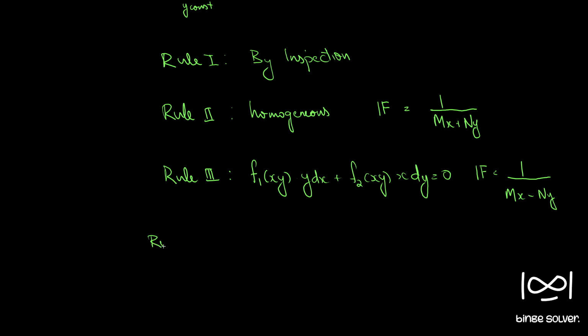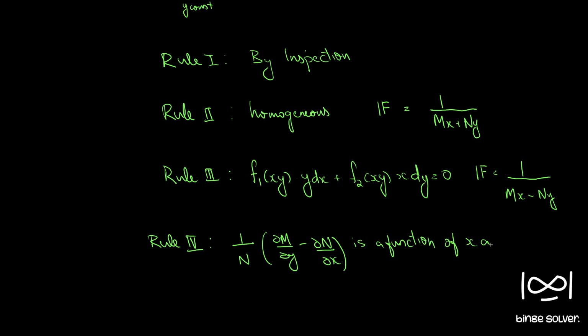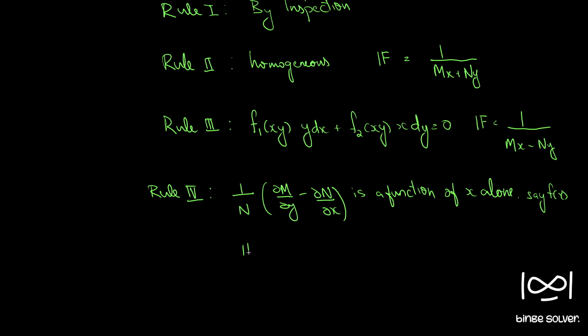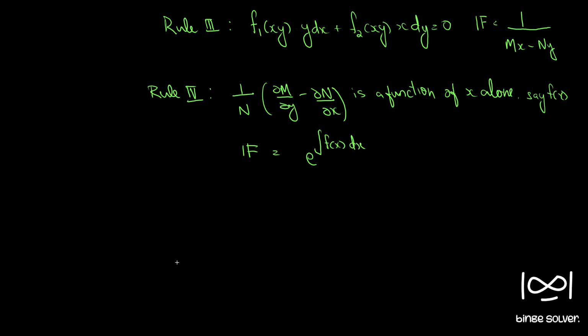Then we discussed rule 4. In rule 4, if 1 by N into (∂M/∂y minus ∂N/∂x) is a function of x alone, say we call that function f of x, then the integrating factor is given by e raised to integral f of x dx. So this is rule 4, and rule 5 was